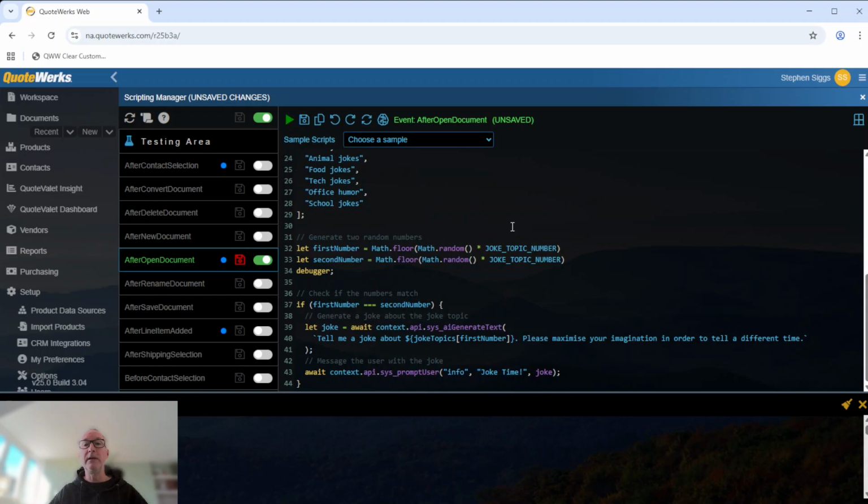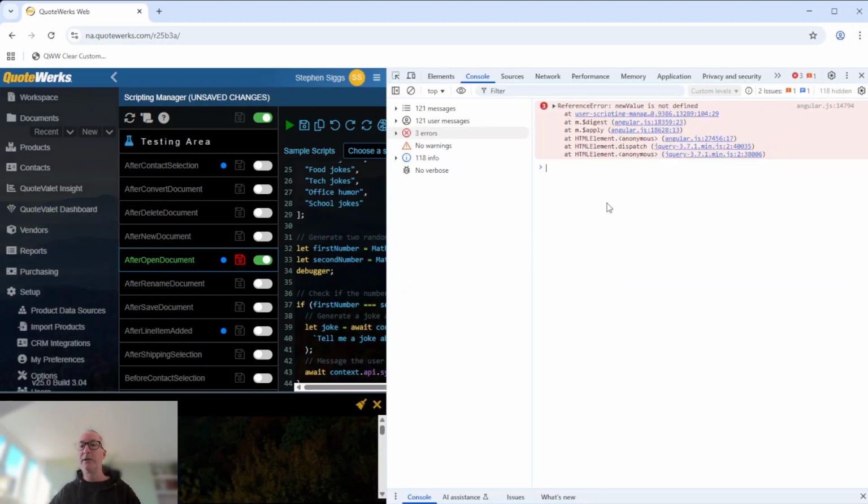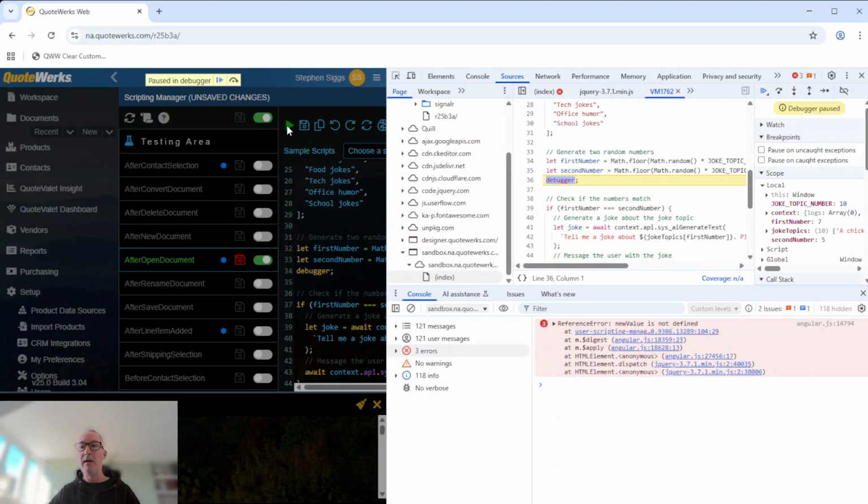What I also need to do is enable Google Chrome's developer tools. I do that by hitting the three dots in the top right hand corner, going to more tools and developer tools. That opens up this extra tab within Google Chrome, and this is where my scripting is going to pause. So now if I hit the run button, there we go, we've stopped on that line debugger, and we can